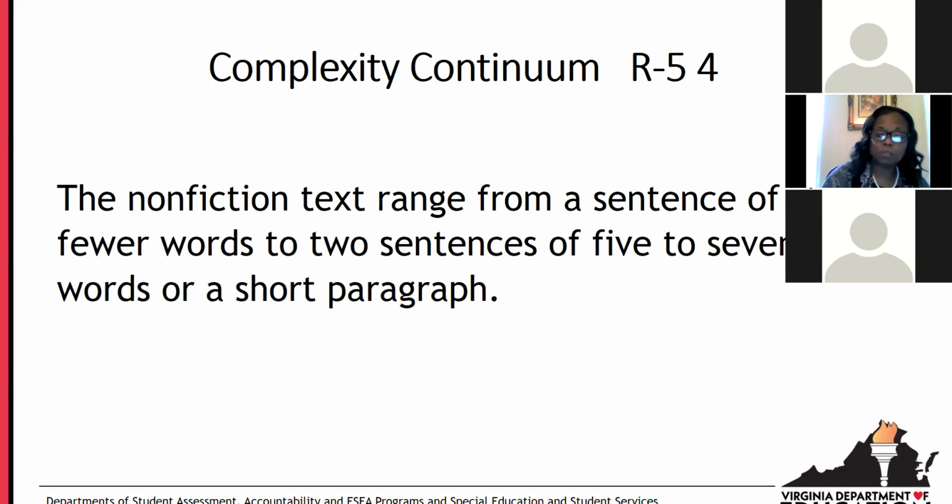Whereas with other students, that text might be 2 sentences that are longer, 5 to 7 words each, or even going as far as a short paragraph. So within this one VESOL, what we are seeing laid out in this complexity continuum is a broad range that makes this VESOL with this flexibility appropriate to students that have very different needs, but may be in the same grade level. Okay.